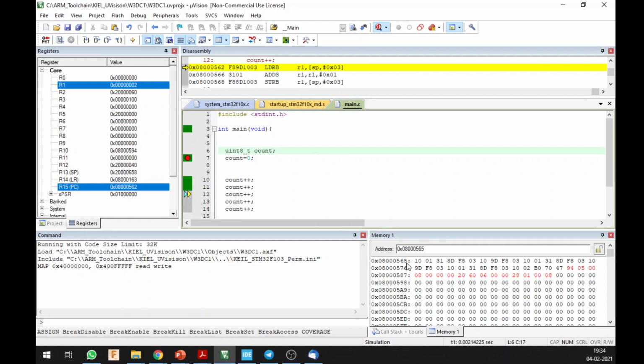So if it occupies locations 65, 66, 67 and 68, then bits 0 to 7 will be stored in 65. Then after that it is going to store bits 8 to 15 in 66, and so on and so forth.